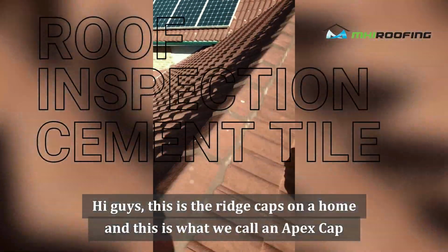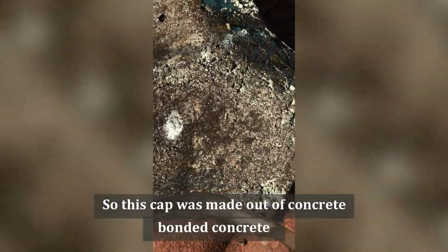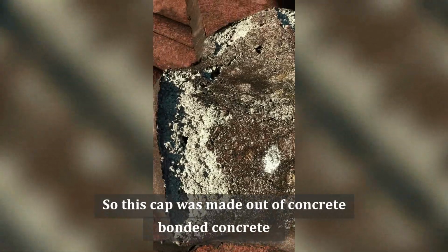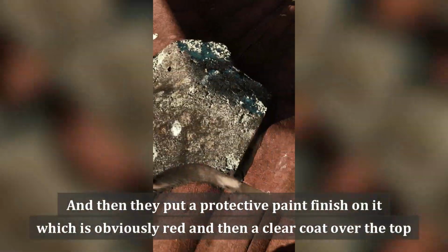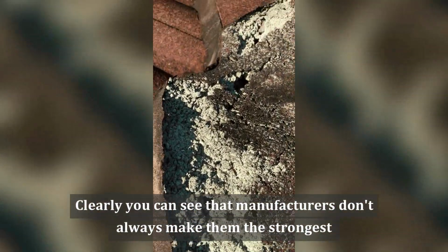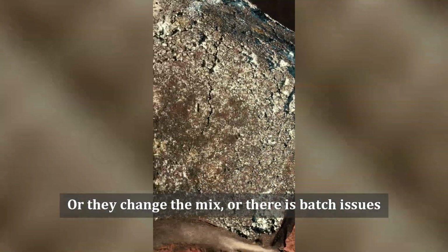Guys, this is the ridge caps on the home, and this is what we call an apex cap. So this cap was made out of concrete, bonded concrete, and then they put a protective paint finish on it, which is obviously red, and then a clear coat over the top. Clearly you can see that manufacturers don't always make them the strongest, or they change the mix, or there are